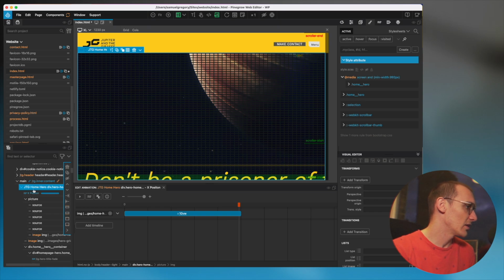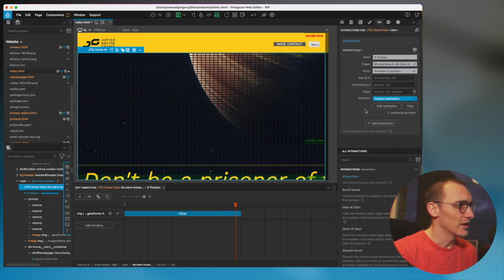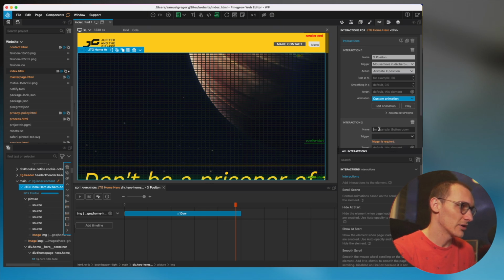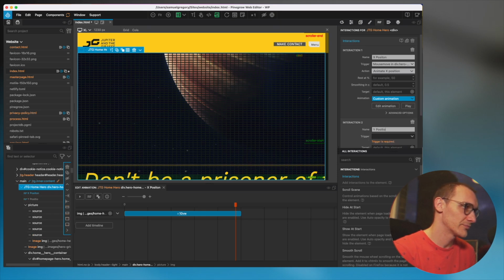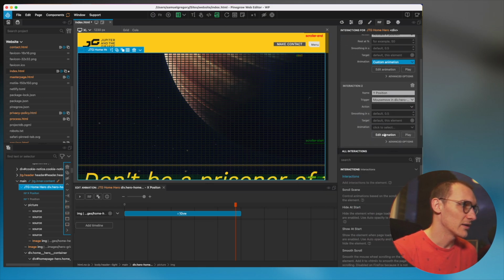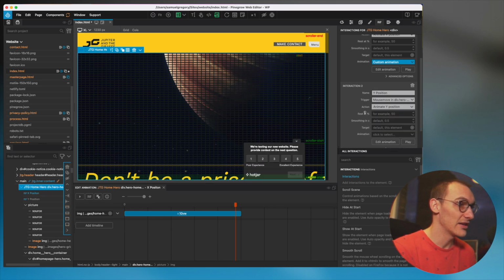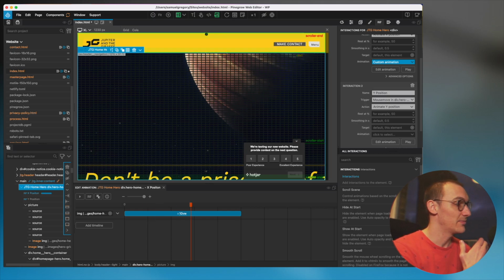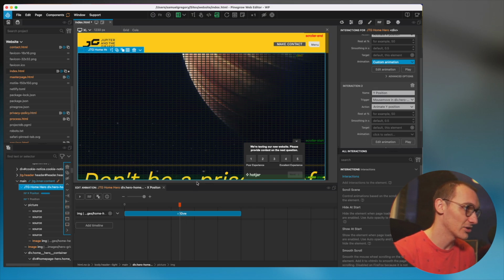Heading back to our element that's going to be receiving the interaction, we can hit add interaction, and now we're going to do Y position. Same again, the trigger is going to be mouse only and mouse move, and then the action is going to be animate the Y position. This is going to be exactly the same as the Animate X position, in that at the top of the page it will be the beginning of the animation, and the bottom of the page will be the end of the animation. So if I hit edit animation here,